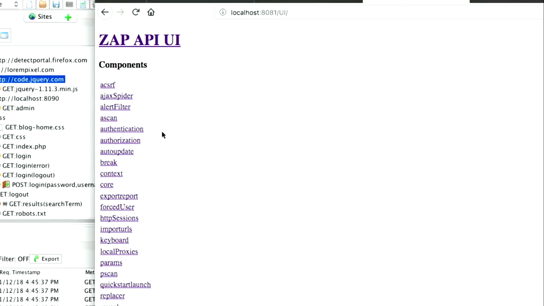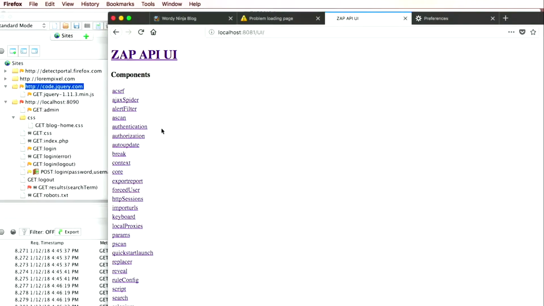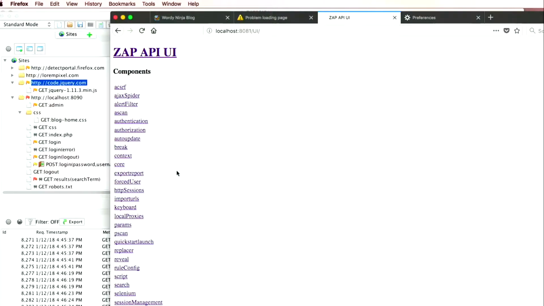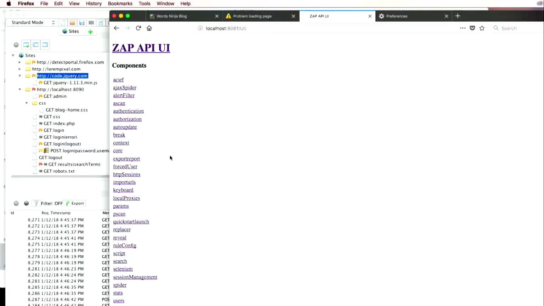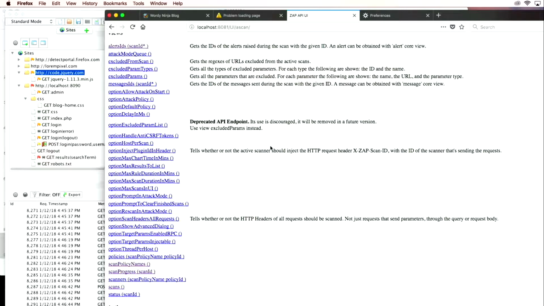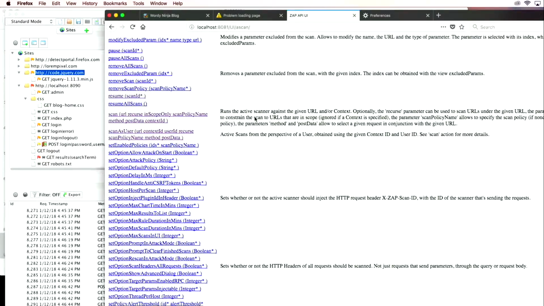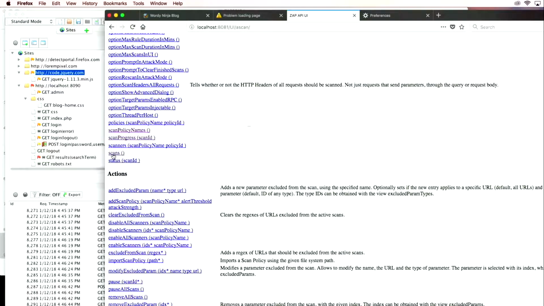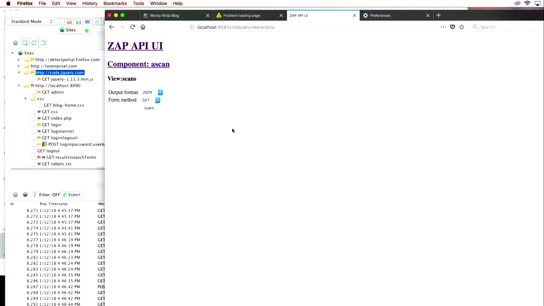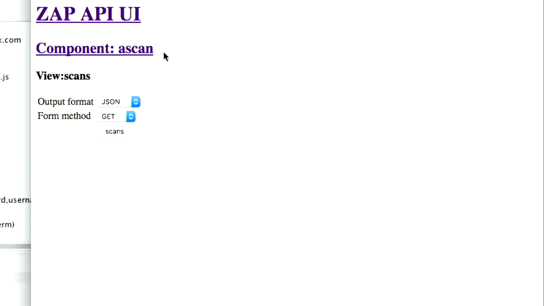But that's one of the nice things: although it's an API, Zap does give you a UI for it that you can go through and check to see, here are the different endpoints. Instead of having to read some boring documentation, you can scan through stuff. So I just want to show briefly, ASCAN stands for Active Scan. This is, like I said, it's bread and butter. So this is where it's going to have a lot of stuff. You can click right through. Let's say we've got our,